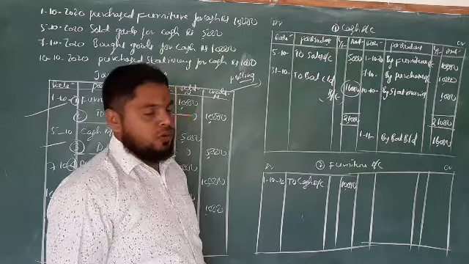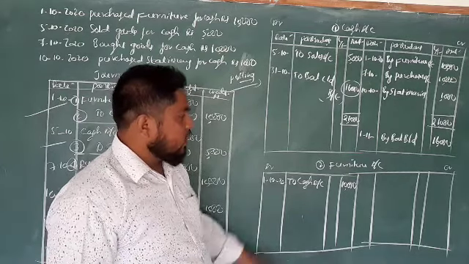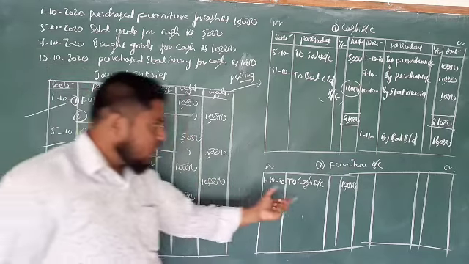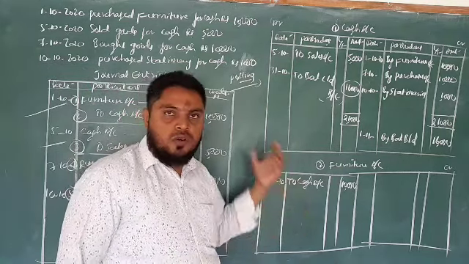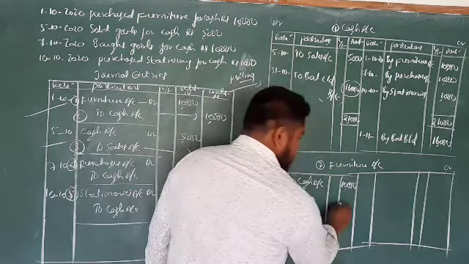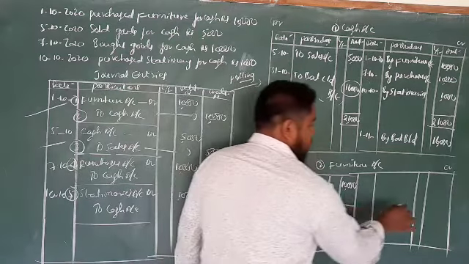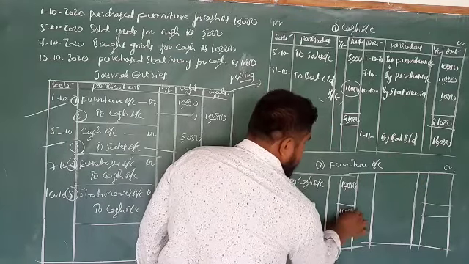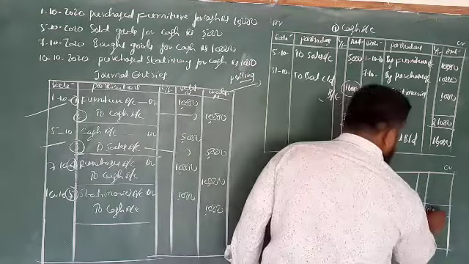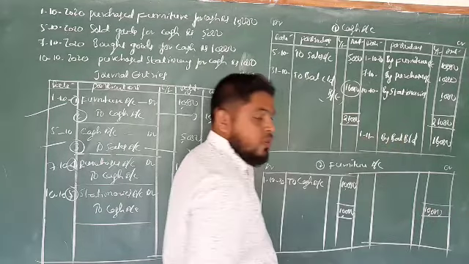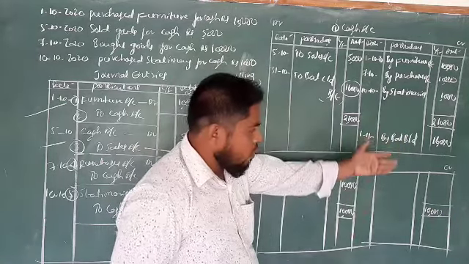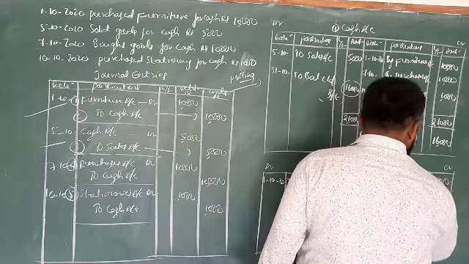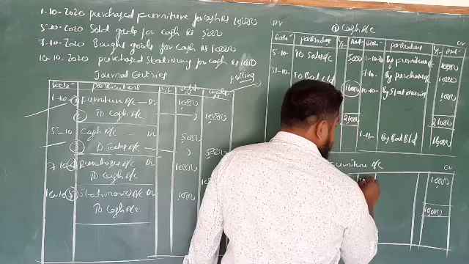Now the furniture account. As per the information, we got only one entry here. So we can close this furniture account. On the credit side there is no amount here. 10,000. So there is no balance to minus, the same amount we can write down, 10,000. So we can close it here.